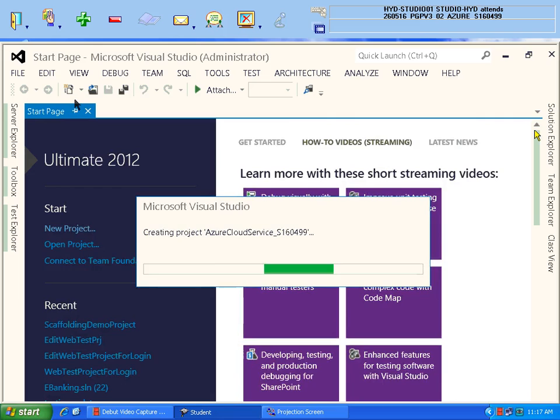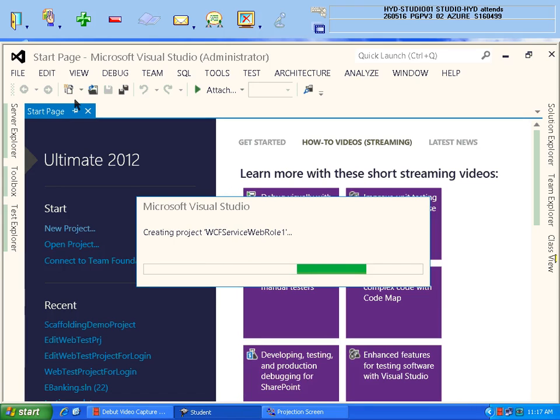So now you can see in Solution Explorer two types of projects. One is the web role project and one is your service project. So I will show you both. You can check after completion of this, I'll show you. So don't go to the normal WCF service application. You take cloud from the left side, Cloud Azure service from the right side, and then from the web roles take WCF service web role and click on the greater than symbol. Then you click on OK. These are the steps you have to do.